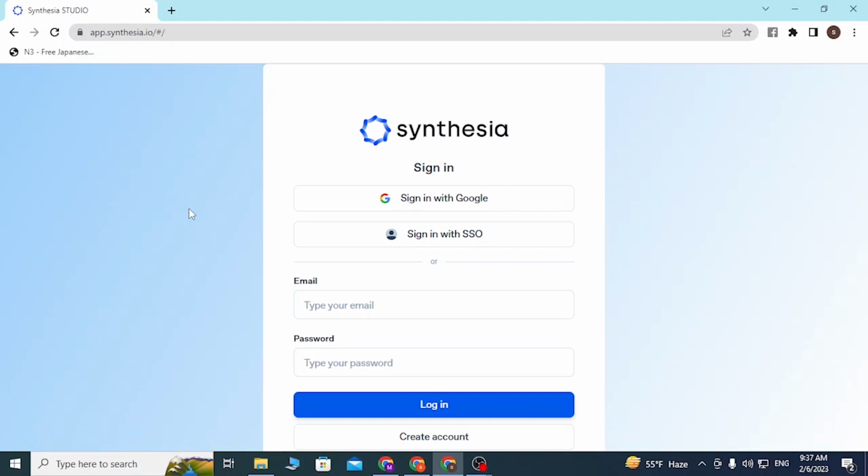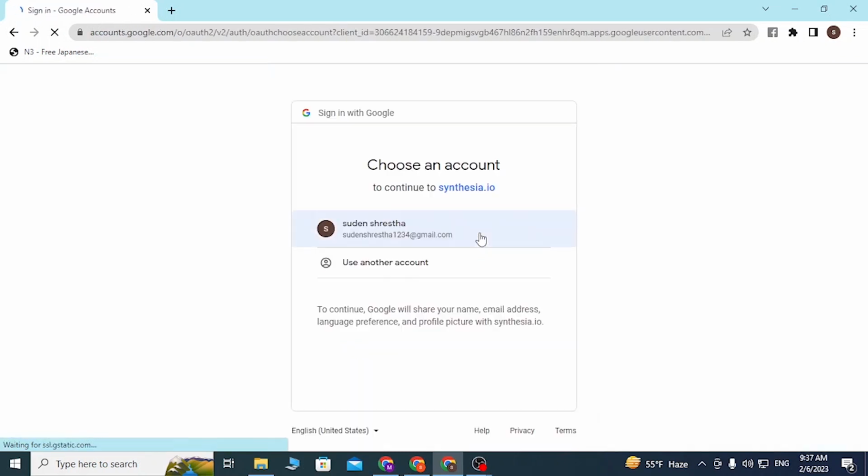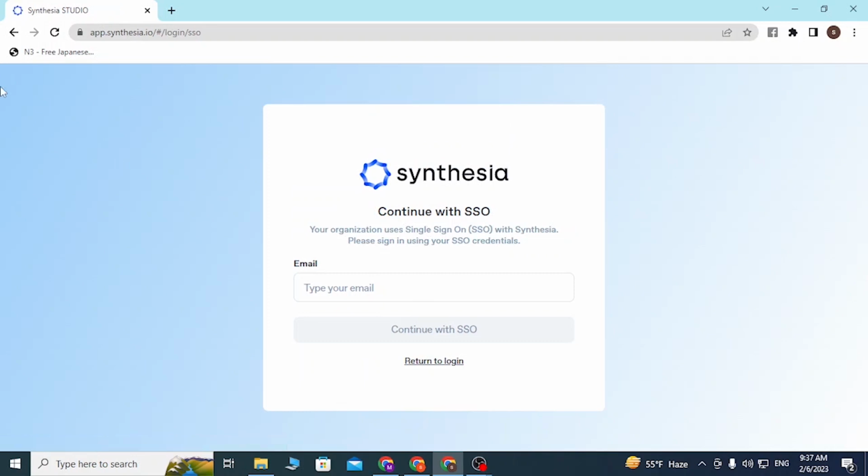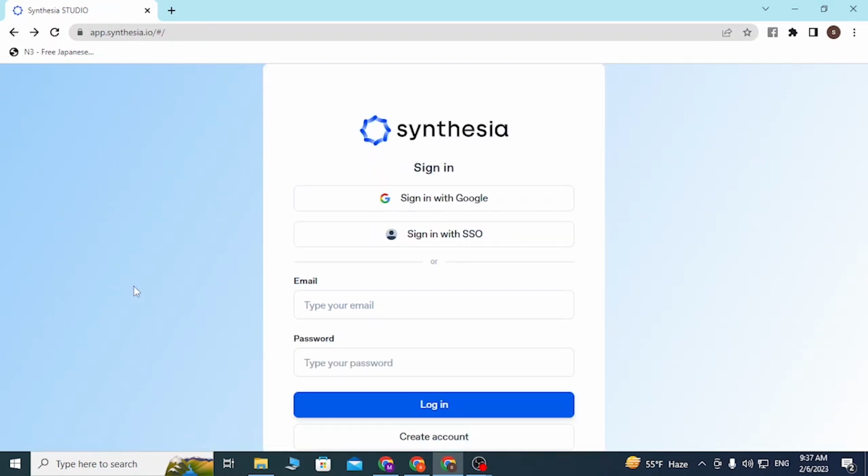If you want to continue with your Google or your SSO account to log into your Synthesia AI video maker, simply click on sign in with Google or sign in with SSO, and you will be taken to the respective logins of the single sign-on or SSO account or your Google account. With that being said, we'll not be signing into our Synthesia account with Google or SSO, but we'll be